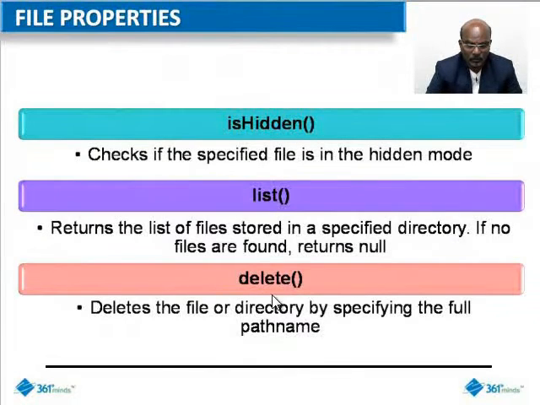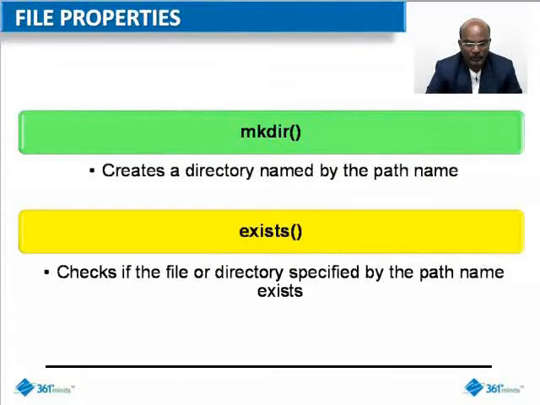The delete method will delete the file or directory for which you have to specify the path name. The mkdir, you might remember, is something that we saw in the previous session, wherein I used a program to create a directory and you got a message, directory created. This mkdir, as you may remember, is also a DOS command for creating a directory, but in this case, in file properties, mkdir is a method, as you can see with the open and closed braces. This mkdir is a Java method to create a directory for which you have to give the full path name,